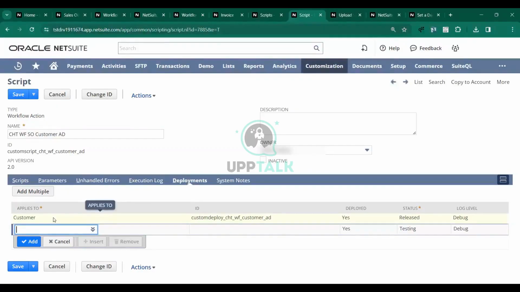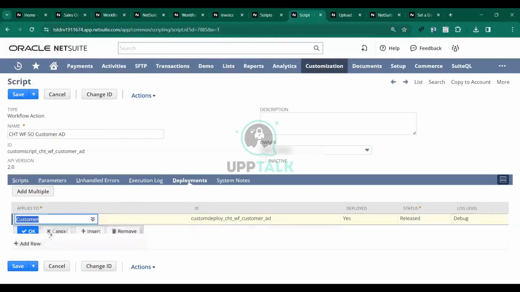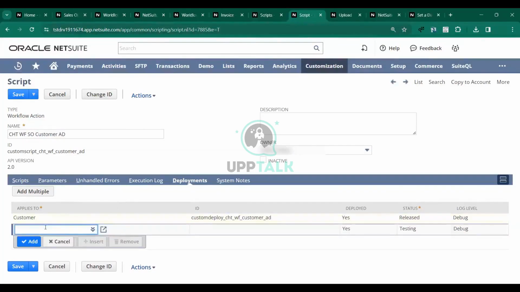This is where you say sales order. You can deploy it on multiple records as well. I can put it on invoice and also can put it on sales order. Then I can do both. I can say in my workflow, if I had a step where I need to do something on the fulfillment, for example, then I should just say get the new record, which will be the fulfillment. I can deploy to sales order, I can deploy to fulfillment, and I also can deploy